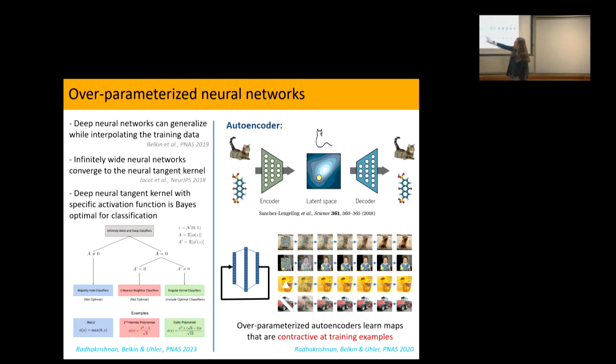Now, overparameterization in an autoencoder will mean the following: you start in some dimension, say 20,000 for gene expression data, and we're actually going to map it into a larger dimensional latent space. So instead of your standard view of autoencoders as dimension reduction, we're not going to do dimension reduction. We're going to map it into a larger dimensional latent space, and then of course back to your standard space.